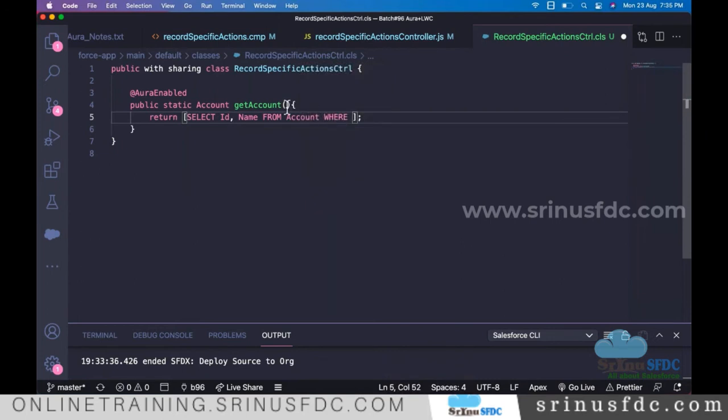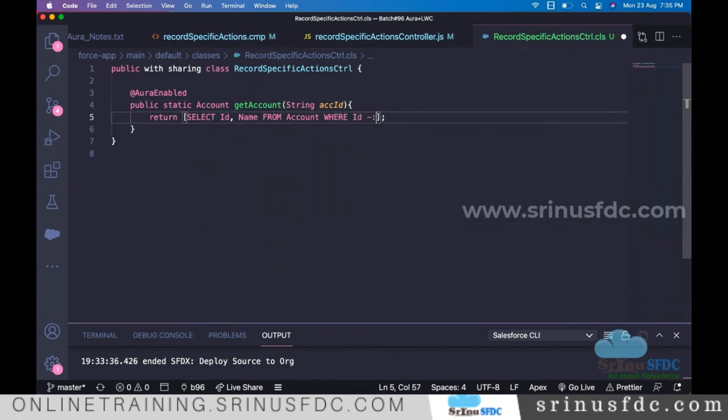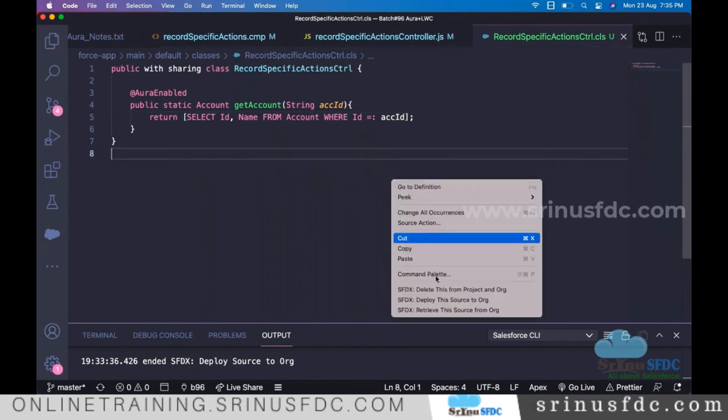This method is going to take one input, so String or Id you can take. Let's say I'm taking String accountId. So where the Id of the account is equal to the accountId, whatever the user supplied.